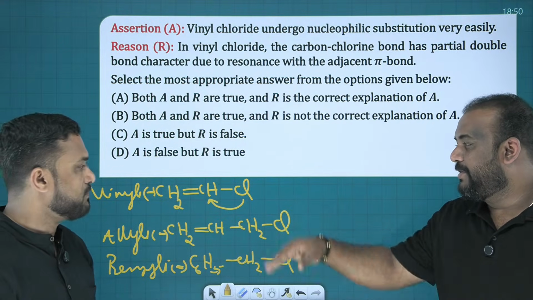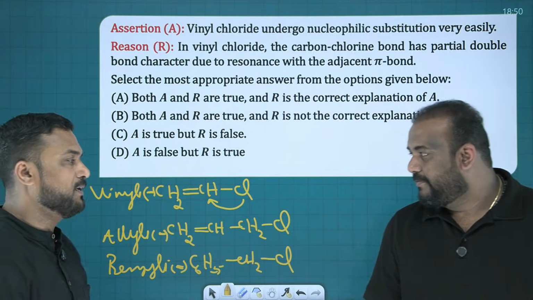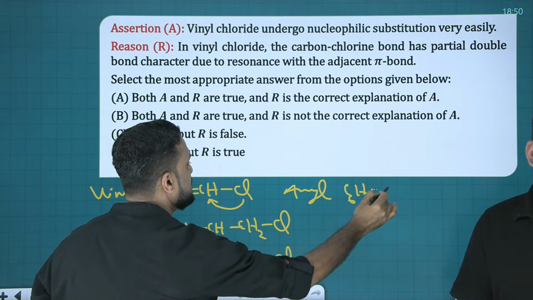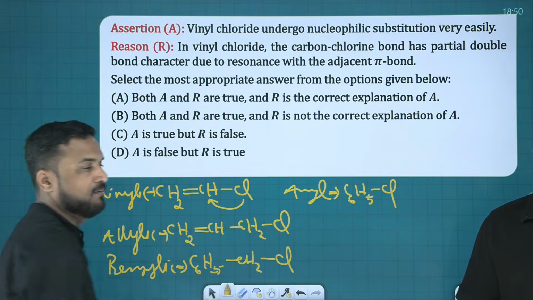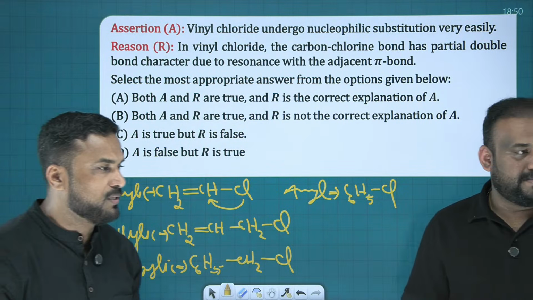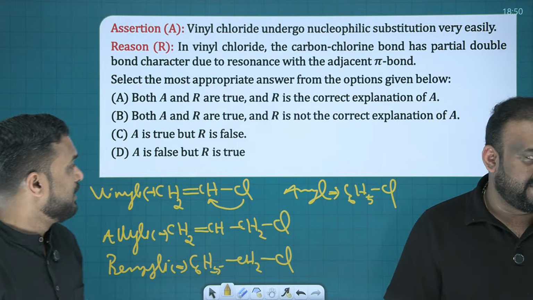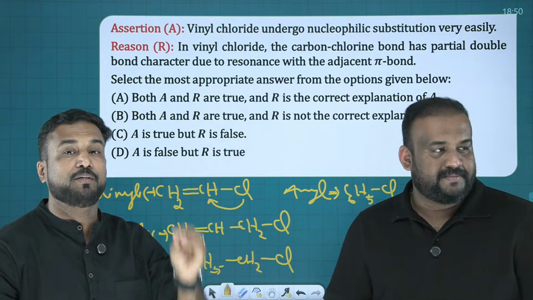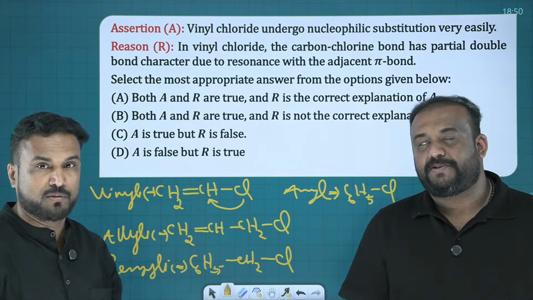And if the halogen is attached to a benzene ring, that is aryl. Aryl means C6H5Cl directly. That is called the aryl one, so don't get confused. Now, always keep in mind, vinyl halides do not undergo nucleophilic substitution reaction because